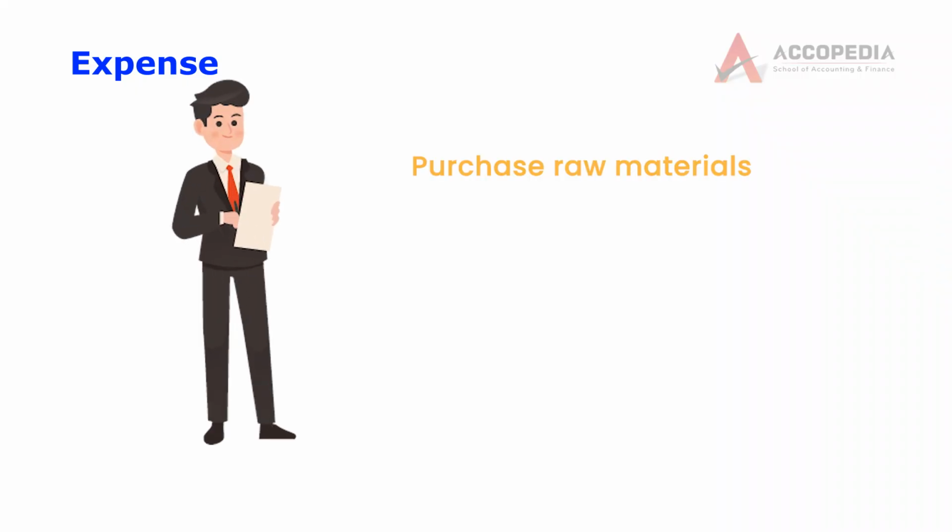What is an expense? An expense is the amount spent by the organization to earn an income. For example, in order to earn sales, we need to purchase raw materials, we have to pay for salaries, we have to pay for wages, we have to incur all these expenses, only then we will be able to earn the income. To earn income without any expenditure is obviously a dream for anybody, but this is not possible. All organizations have to incur expense in order to earn incomes. Expenses reduce your profits. Lower expenses means more profits.